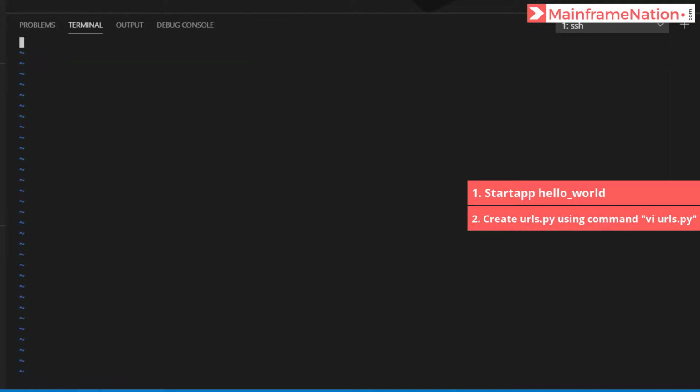It is currently empty. Here just enter this command: from django.urls import path, import views, give urlpatterns, path, leave it empty, then give views.show. Show is a function that we will create. Then just save this file and quit it, WQ.